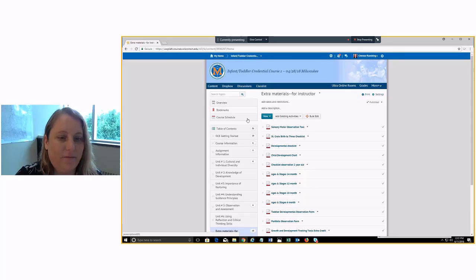And then if you have a paper that you need to submit, you can type it on your word processing program if it's Microsoft Word or another program. And then you'll click on the Dropbox button, which is the second button here. And that will allow you to upload your paper or assignment to the Dropbox, and then your instructor will be able to read it as well. And she can submit comments and grades. Once you have grades, you'll be able to view them here under the Grades button. No one except your instructor and you will be able to view those grades.